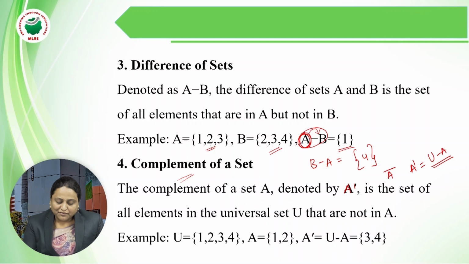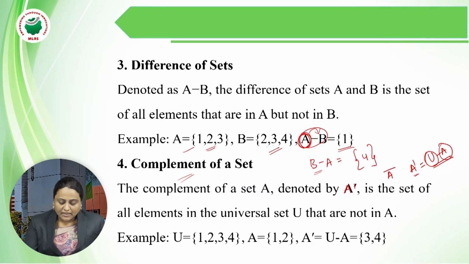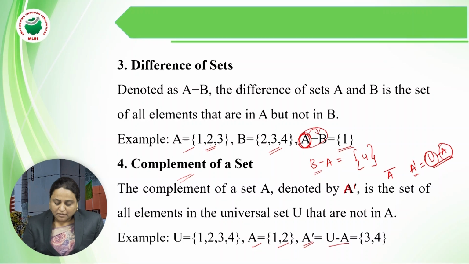So similarly, how we have defined A minus B? The elements present in A but not B. B minus A is referred as the elements present in B but not A. Similarly, A complement is referred as U minus A, which means the elements present in universal set but they should not be present in A. See, for example, in this universal set, in our consideration at this point of time, universal set is having 4 elements, that is 1, 2, 3, 4. And A is having 2 elements, 1, 2. So whenever we are finding A complement, which is nothing but U minus A, consider the elements present in U